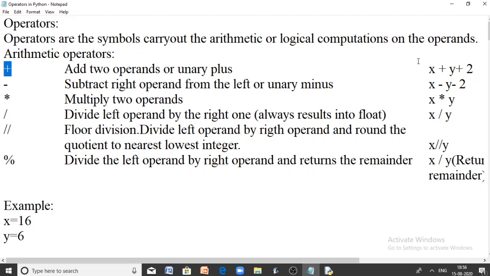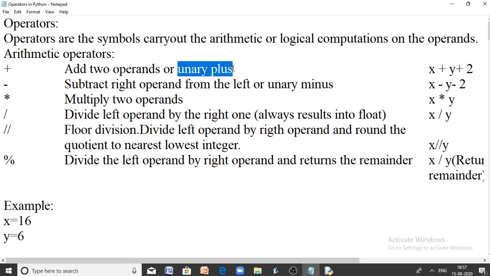And for example, here x plus y plus 2. So it is adding three values. Okay. But one important thing is it has other purposes also. And this plus operator has other purposes also. It's actually very important to discuss that too. Another purpose is it's acting as unary plus.